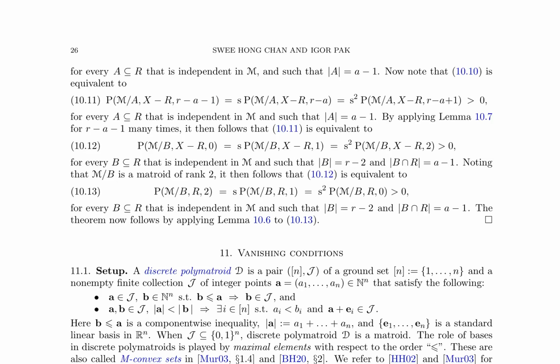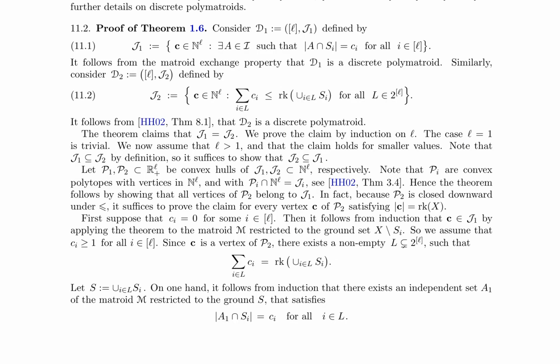The paper also delves into the concept of discrete polymatroids, discussing their definition and properties. It includes a proof for a theorem that establishes the equality between 2 discrete polymatroids, which is significant for the study of matroids and their extensions. The summary highlights the technical aspects of the paper, including mathematical equations, algorithms, and the use of specific terminology. It aims to provide a clear and concise overview of the research, suitable for expert audiences interested in matroid theory